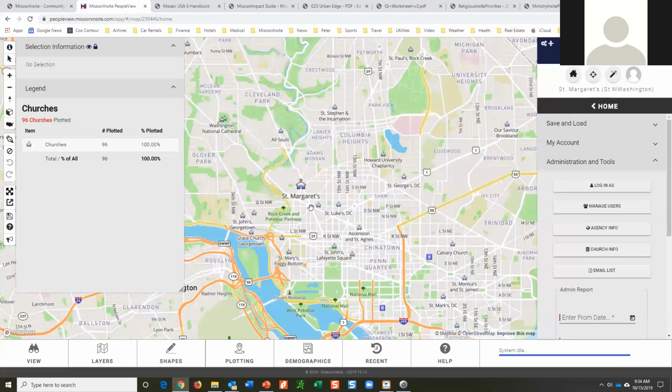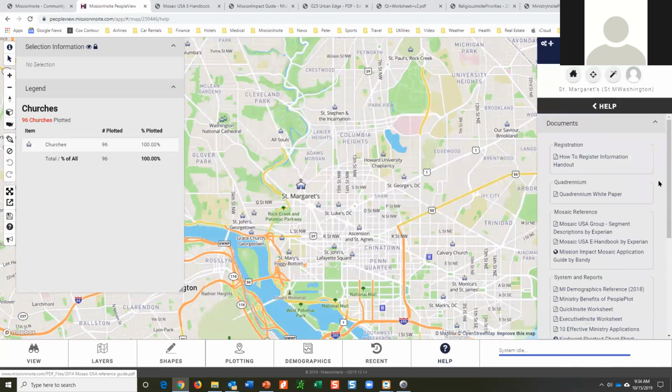And here's where we can then turn on. We have all of these tools, and there are videos that explain both of these sections. This is the control panel, and all of this is explained here in the help tab. Let me show you that.